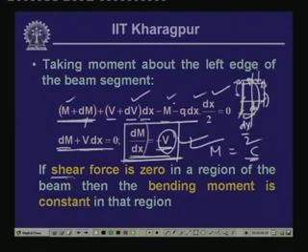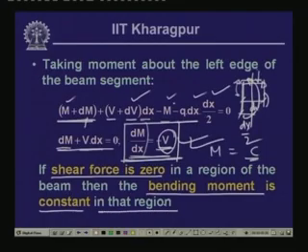So, if shear force is 0, then bending moment is constant in that particular region. Now, this in fact we can verify readily if we look into a beam. Say for example, we have a beam which is simply supported. Since here we do not have any axial force, we are saying horizontal reaction at this end is 0. So, this is hinged end and this is roller end, and this is subjected to a uniformly distributed load, say